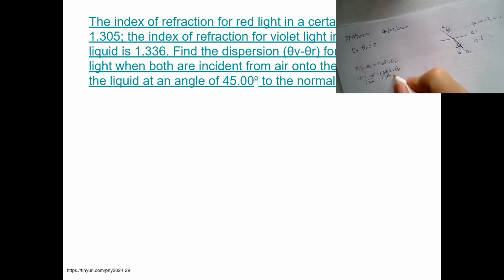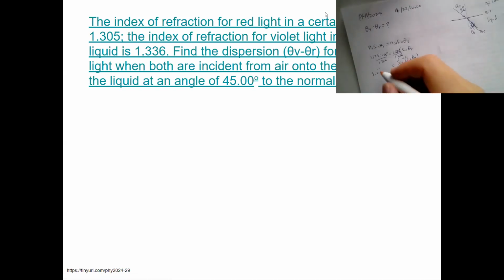I will take sine inverse of both sides to get rid of the sine. Sine inverse of sine theta v equals sine inverse of sine 45 degrees divided by 1.336. On the right-hand side, this is just theta v, and if you do this on your calculator, it's going to tell you that this angle is